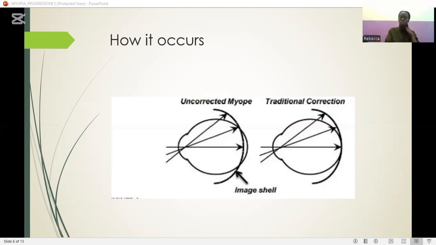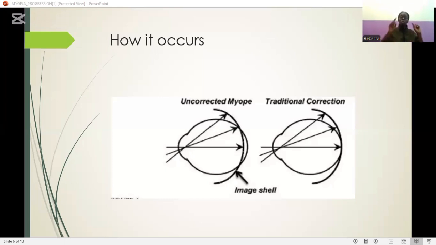you will realize that this is what is going to cause a signal to the brain that some parts of the image are still not on the retina. And what will this indicate to the brain? The eye needs to grow more. So more factors of growth are placed to make the eyeball grow longer. But one thing you realize is when the eye grows longer, it doesn't grow on a flat level. It will still grow on a curved level. Therefore, we will continue having an increase over time, because when the image is finally falling on the retina, now